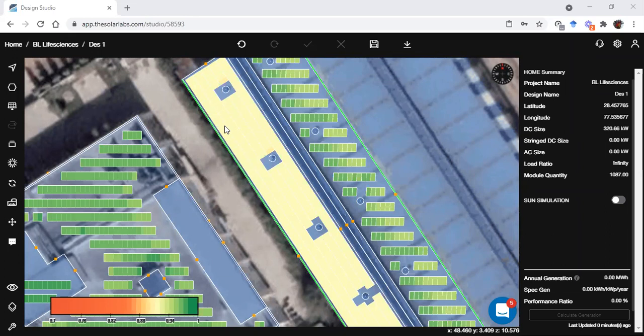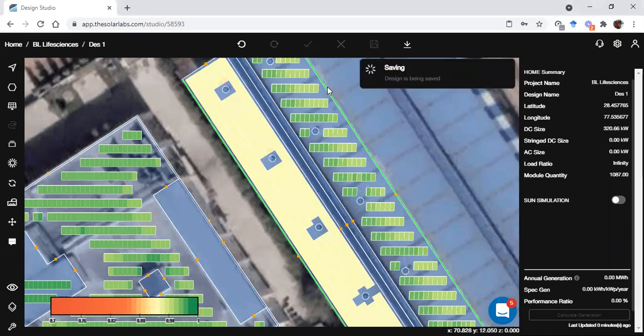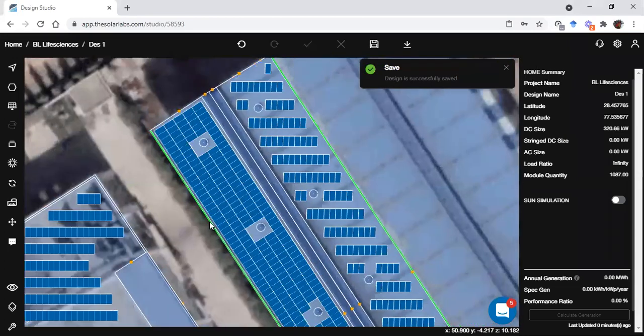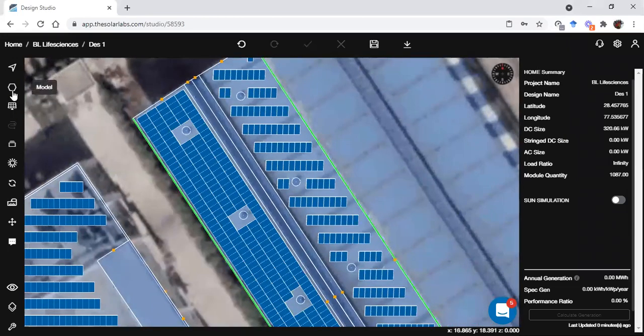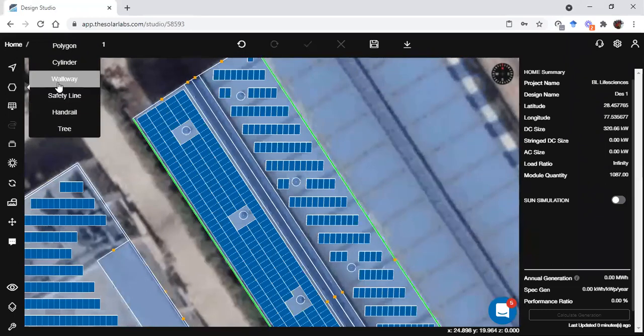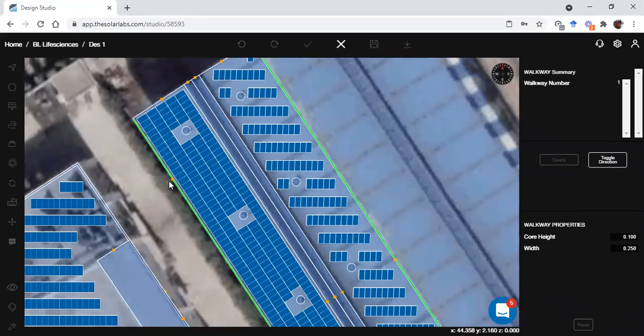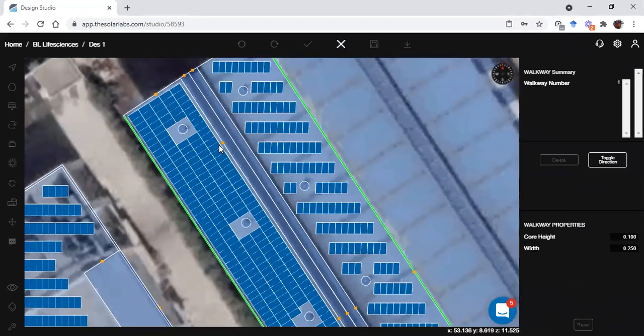Yes, sir. Next is from DS Enterprise we have, that is how to add walkways. Sure, sir. I'll show you that. Let me save this design and hide the solar access. So to add walkways, here we have the option walkway. Let's say you want to add a walkway like this here.